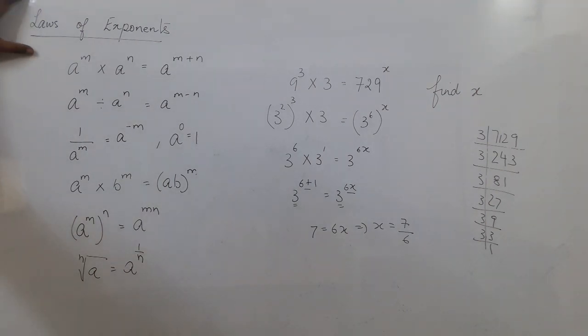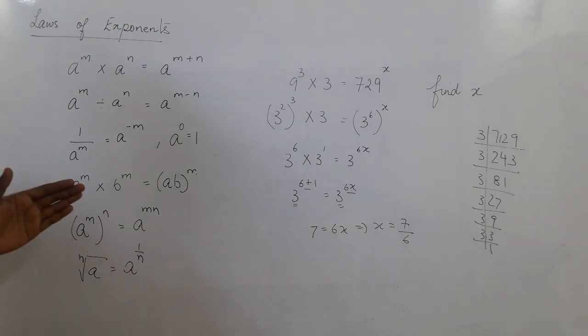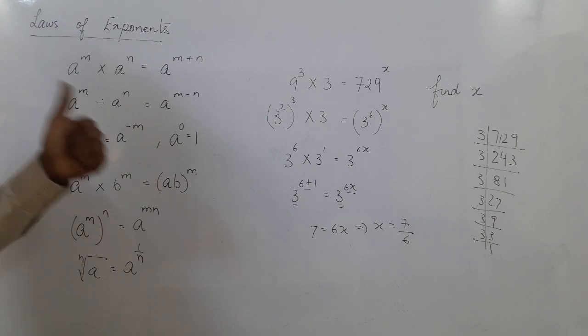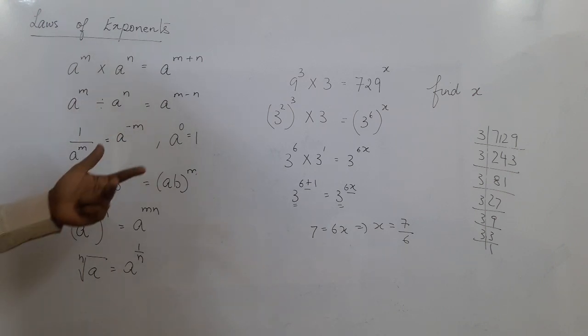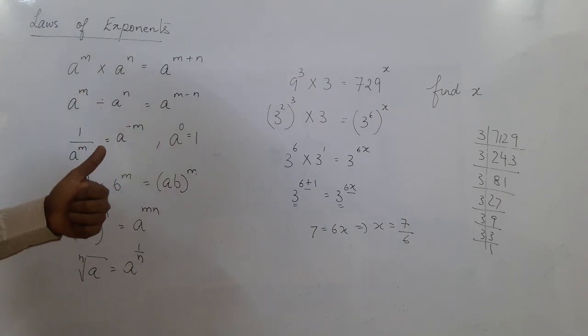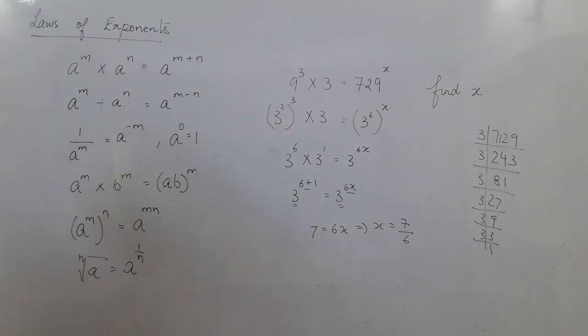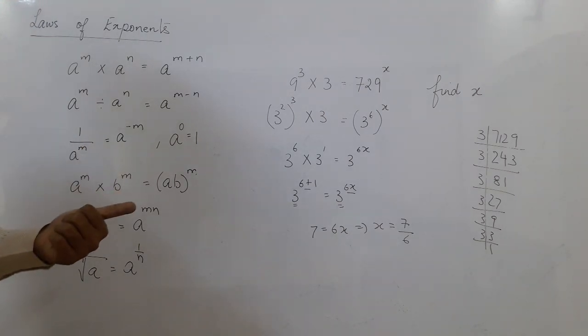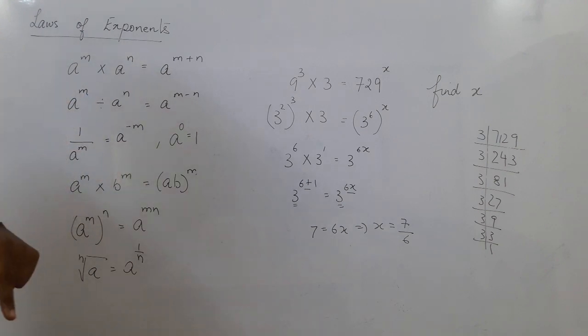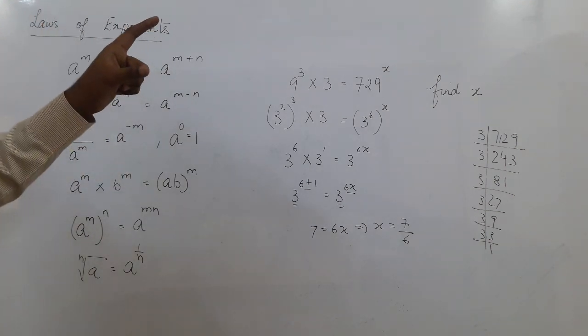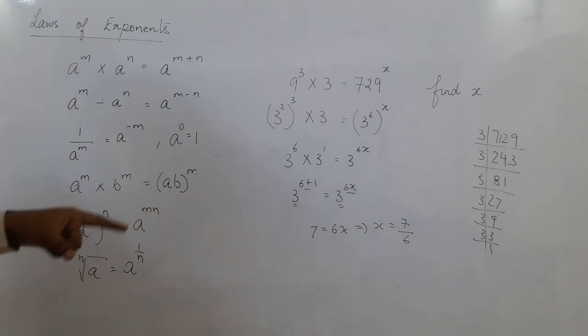Okay, so we have finished this topic today, laws of exponents, and this is the last part of the chapter. So the chapter is done today. So what did we do in the chapter? I'll revise one more time. We started with the number systems: natural numbers, whole numbers, integers, and rational numbers, p by q. From the rational numbers, p by q, we learned what a rational number is. It is either a terminating decimal or a non-terminating recurring decimal. A non-terminating recurring decimal we learned how to write in the p by q form.